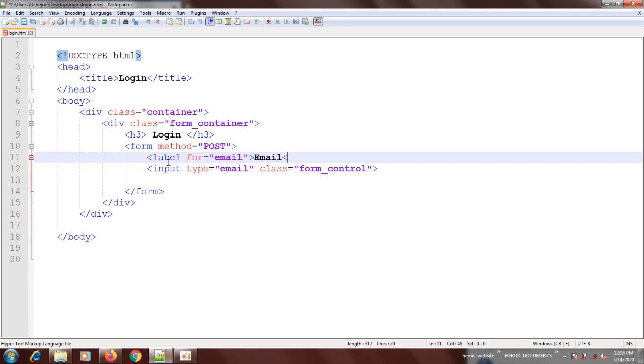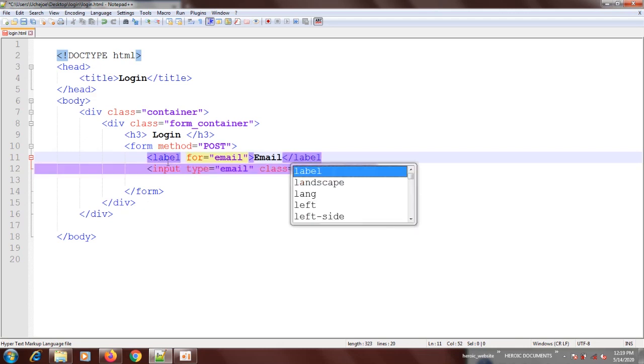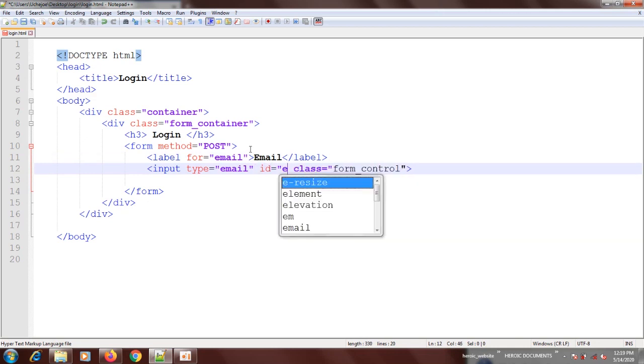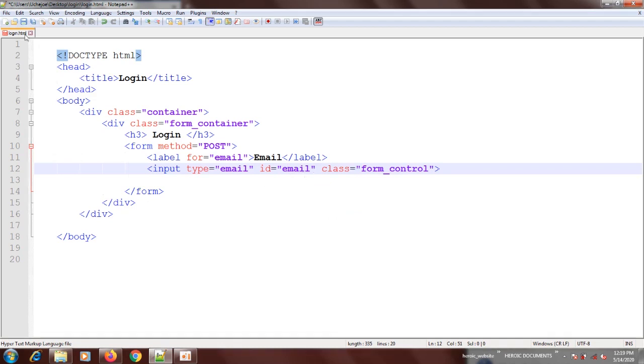Email, good. Then close label. Beautiful. Then you come down here and add ID. For the label, just say ID equals to email. Beautiful. Okay, having done that, let's run this.